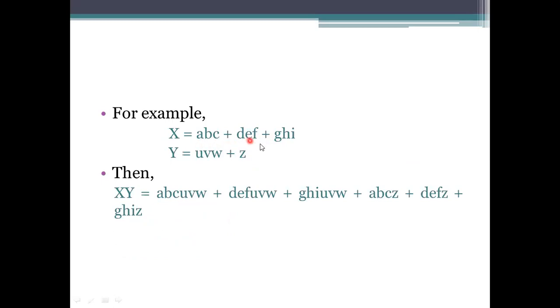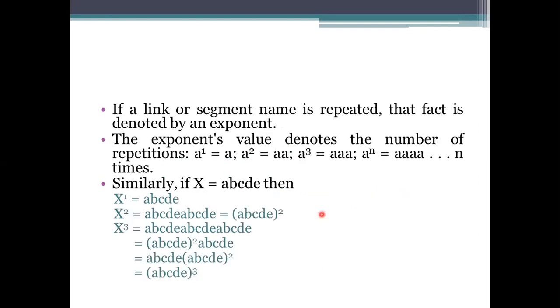If we are having such representations, we simply need to multiply the values. If you are specifying them as an XY path product, and multiple things are being represented, then we need to do the normal multiplication procedures that we perform on expressions, not Boolean, not mathematical expressions, we are having for processing the Boolean expressions. If we are having links or exponents, which are repetitions, these repetitions will be specified as how many times I need to repeat that value.